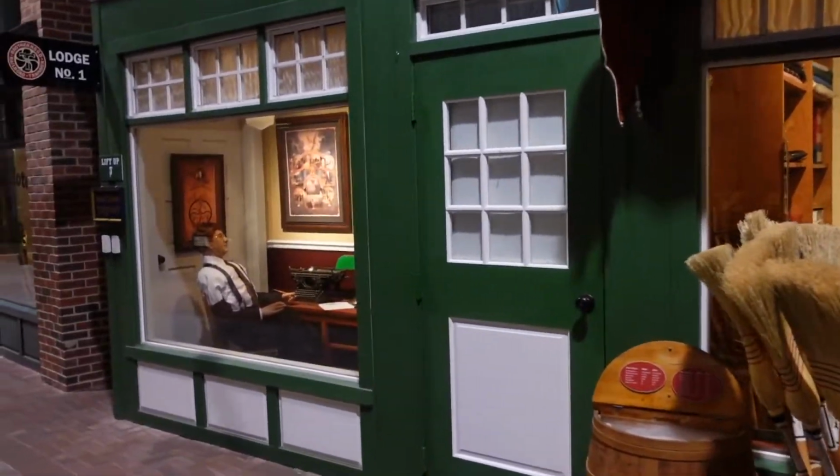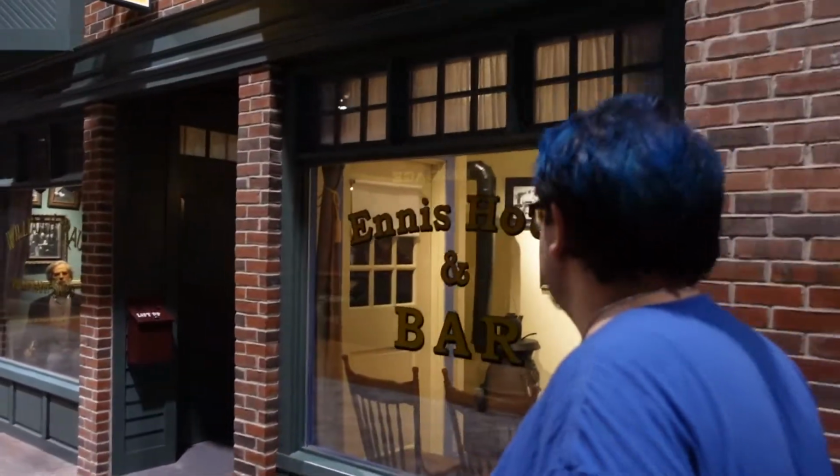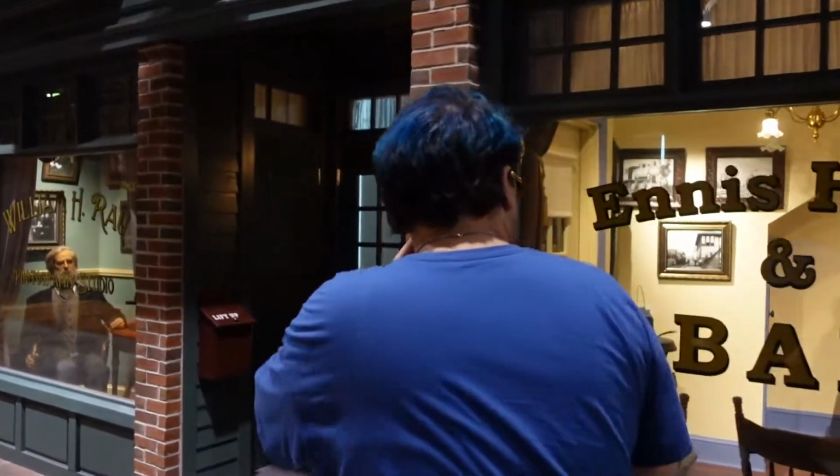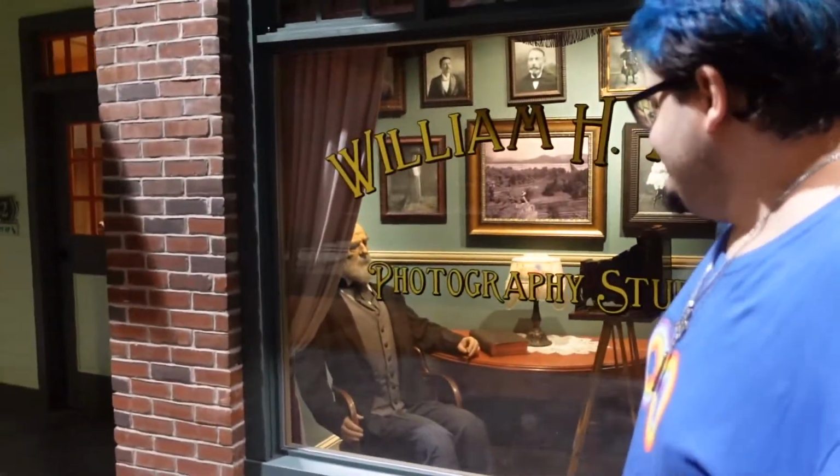Looks like a setup for a Broadway play. I'll bet you Lin-Manuel Miranda would like to make a Broadway play out of this. We ought to give him a tour someday if he ever stops by. These mannequins look so realistic. Little creepy. Yeah, a little creepy, but...